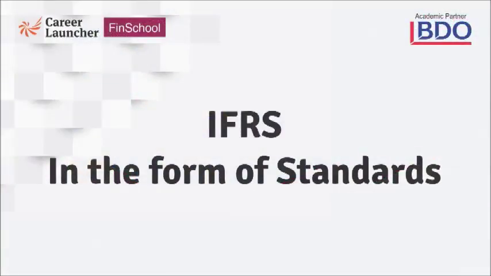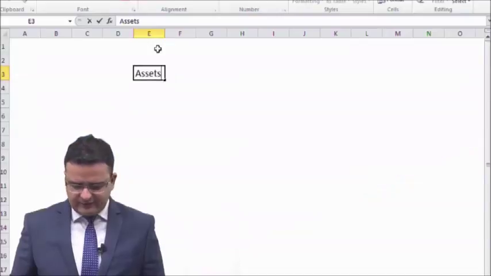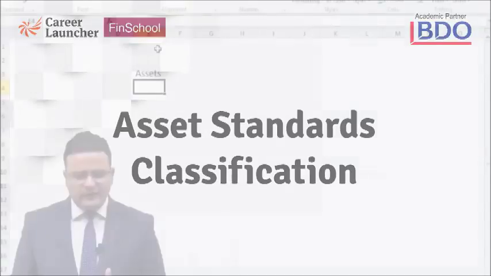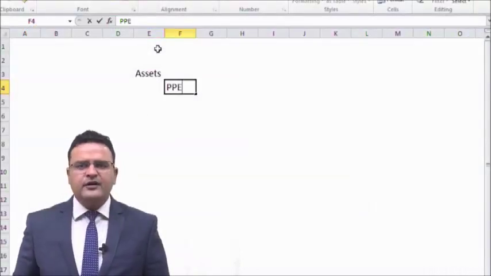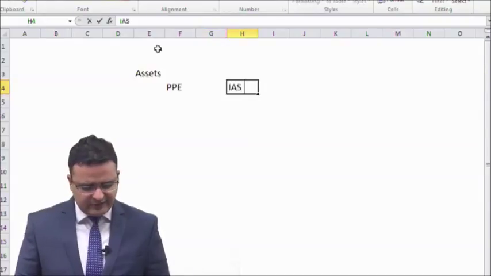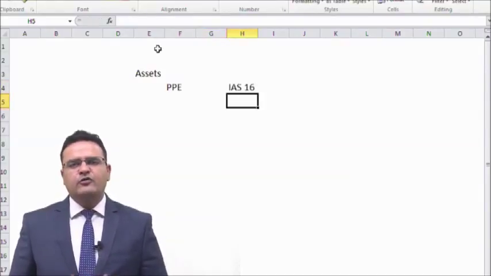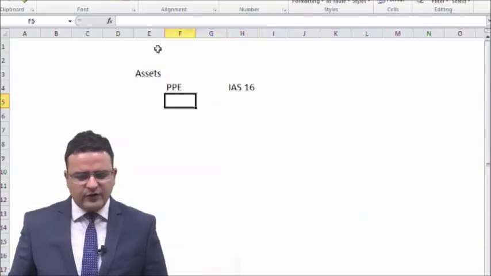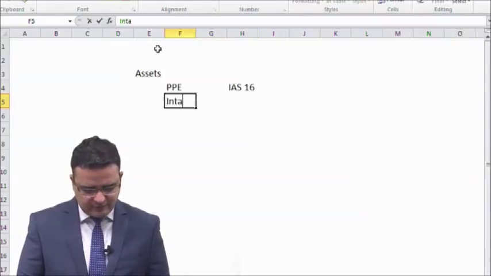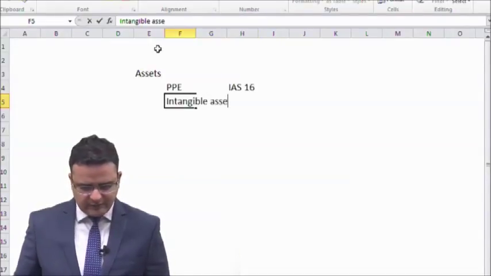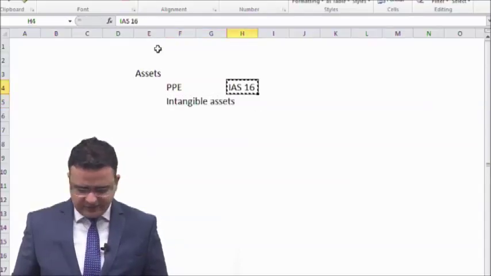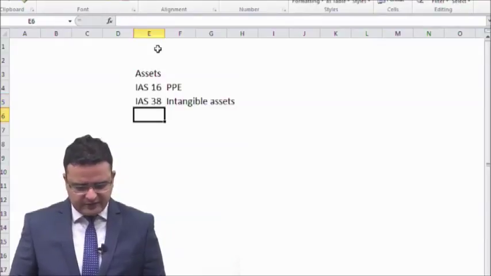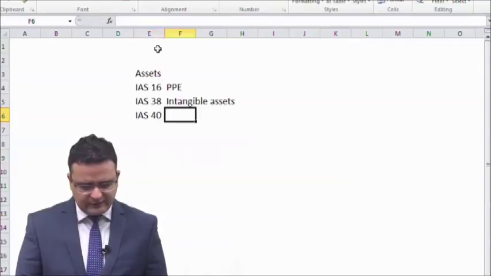We'll first have a look at all the asset standards, which are the various asset standards and how to classify an asset. We'll be dealing with property, plant and equipment. The standard dealing with property, plant and equipment is IAS 16. Now how to differentiate IAS 16 from other standards based on assets? If we talk about intangible assets, the standard which governs intangible assets is IAS 38. The standard which governs investment property is